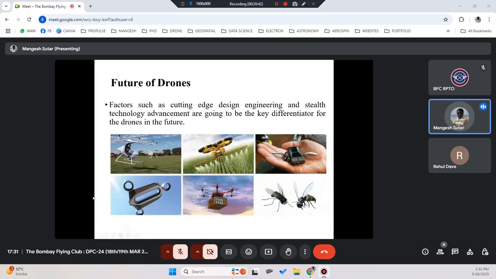Okay, so what is the future of the drone? The future of the drone, with a lot of cutting-edge design, engineering, and technology advancement, is going to be a key differentiator for drones in the future. Like you can see a drone taxi. This morning I also saw one good video of a drone taxi on LinkedIn